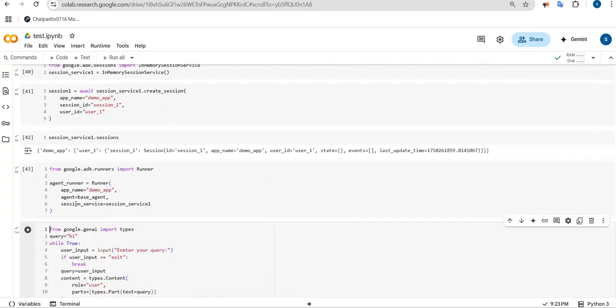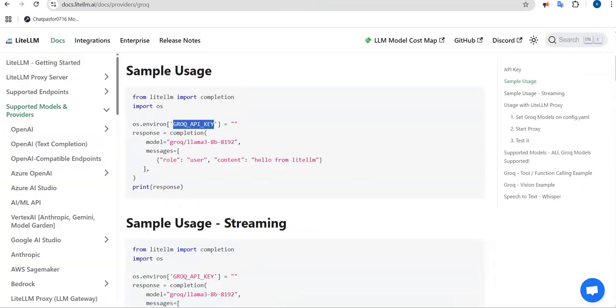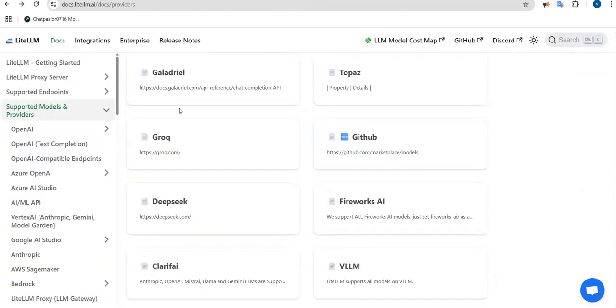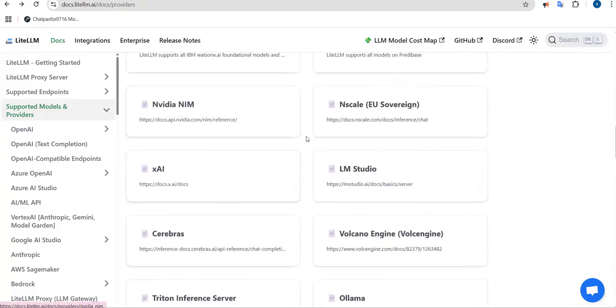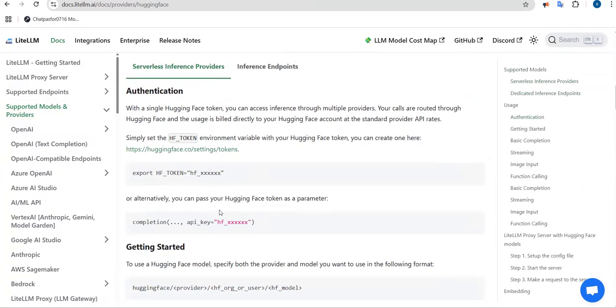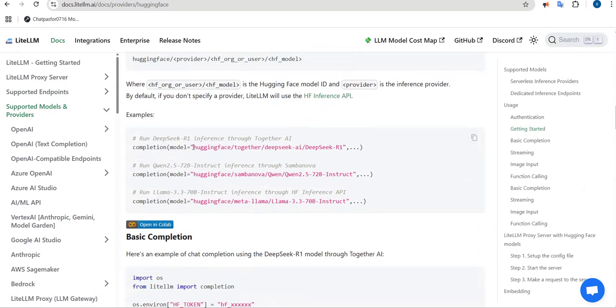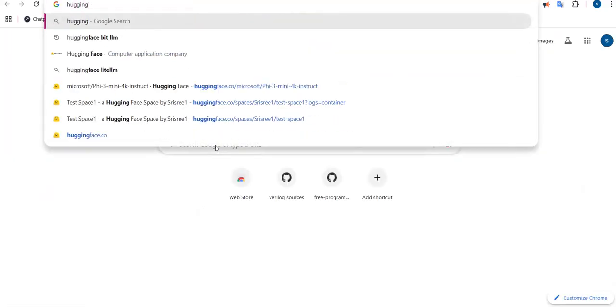So it got exited. Now I want to make use of a Hugging Face model as well. For that I'm opening the LiteLLM documentation, and since I want to make use of Hugging Face, I'm just opening the Hugging Face option. Here you can see, let's see how the name was provided. The name was like this. So let's copy the name and paste it in our method to load this DeepSeek model, or let's make use of the latest